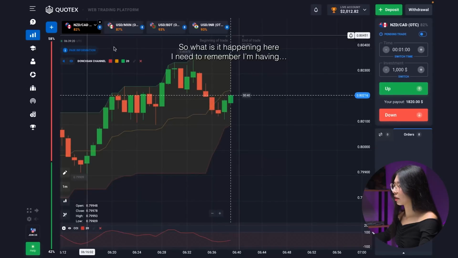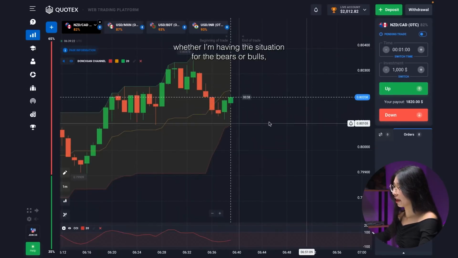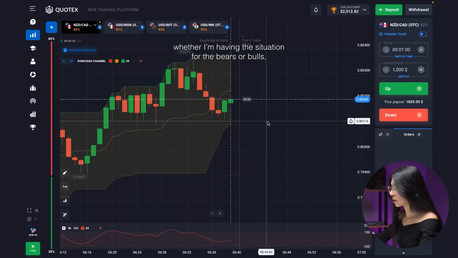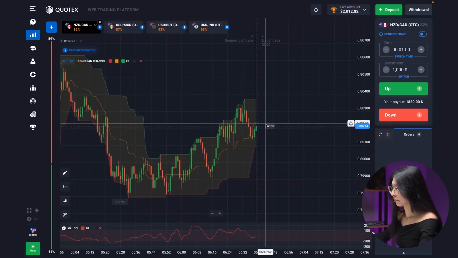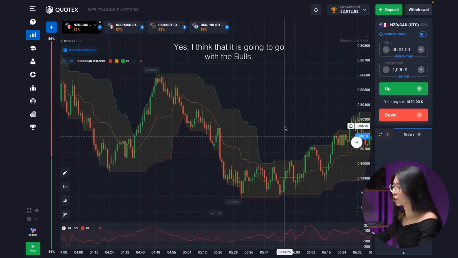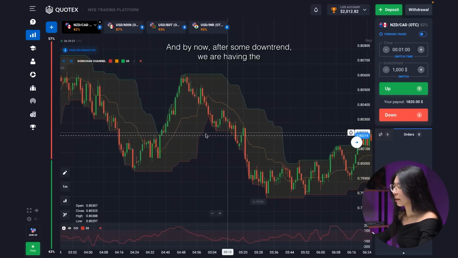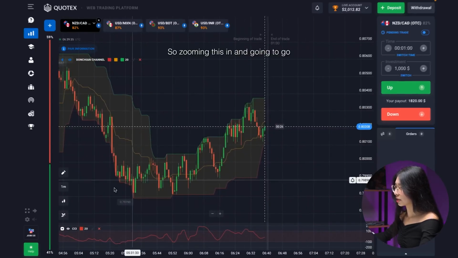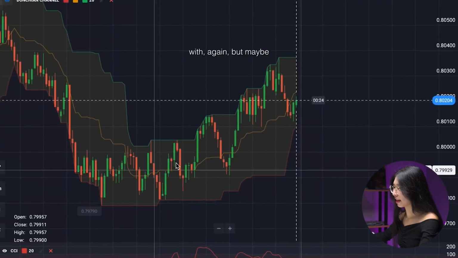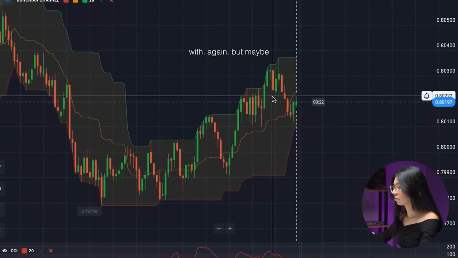So what's happening here, I need to remember whether I'm having the situation for the bears or bulls. I'm not even remembering this story. Yeah, I think that it's going to go with the bulls. And by now, after some downtrend, we're having the upper trend. So zooming this in and going to go with a game, but maybe